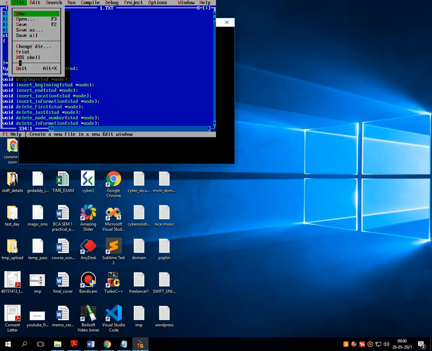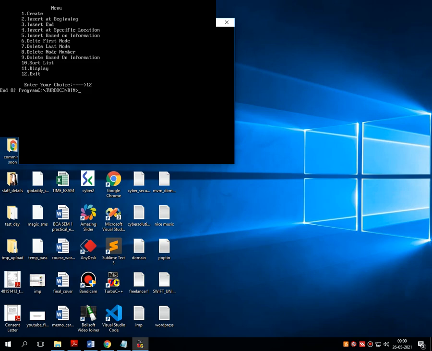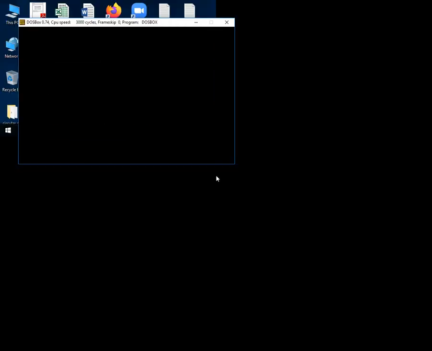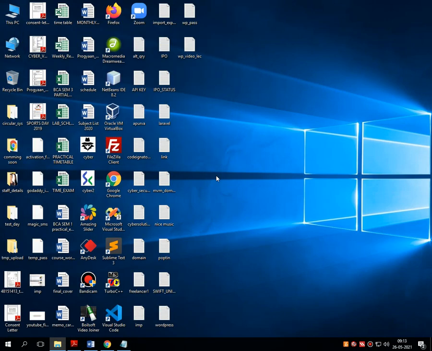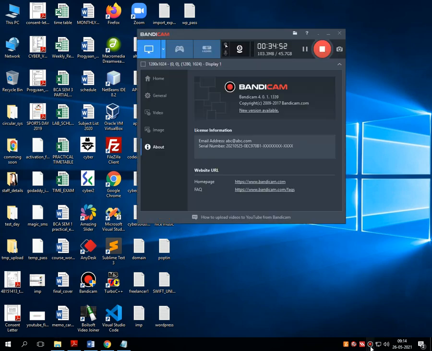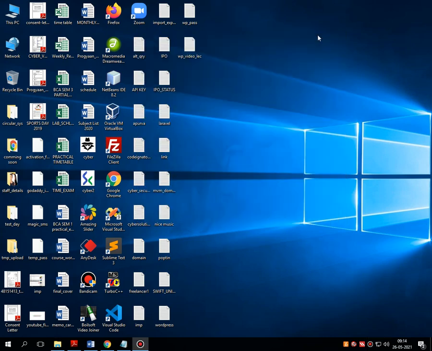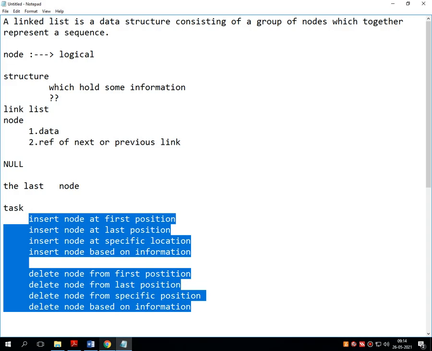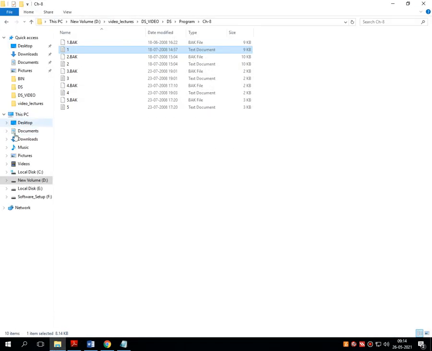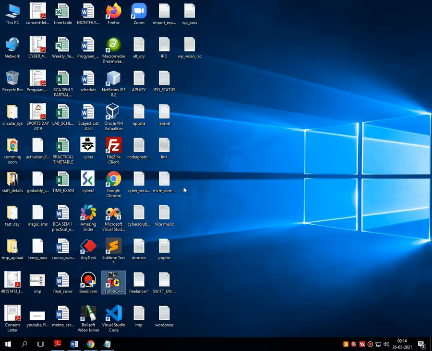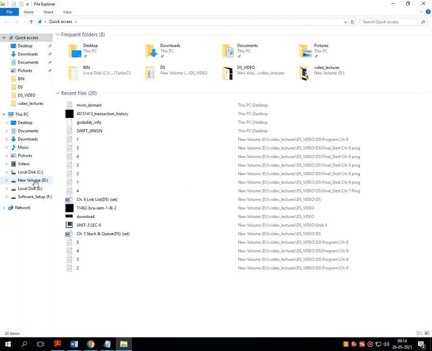So I hope what happens in the single linked list is clear for all the students. In the next lecture, we will see this entire program by opening it in Notepad. Let's see once how it looks.